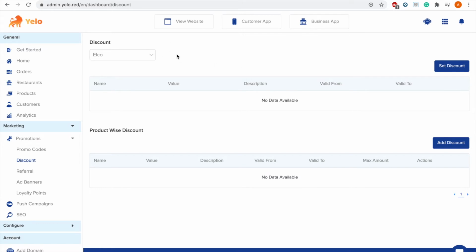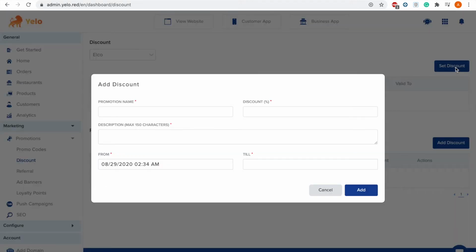So discount can be applied on two things, one for specific merchant and one can be applied for a product wise discount. So let's just say we applied a discount for that merchant. So discount, and let's just say we set 10% discount.